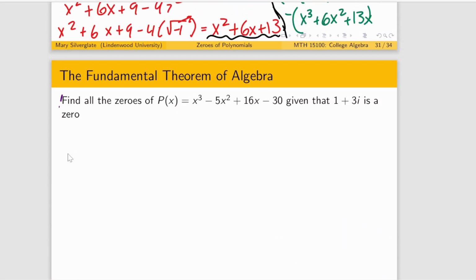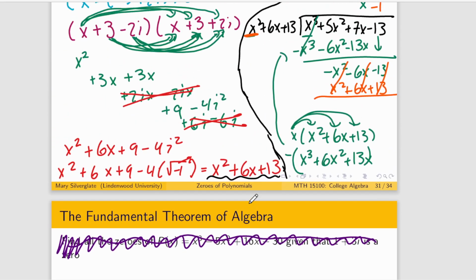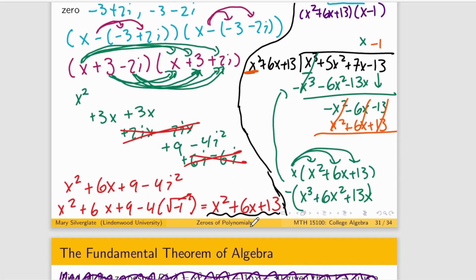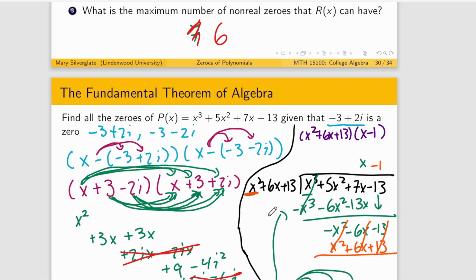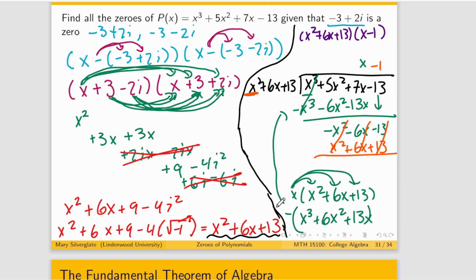I'm going to give you 2 pages to do this yourself. The next example was going to be identical to this one. It's going to be the same sort of process. So let's pause for a second because this is a meaty problem, just to figure out what we've figured out